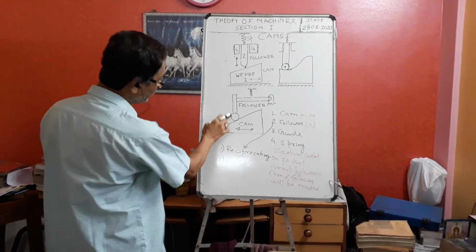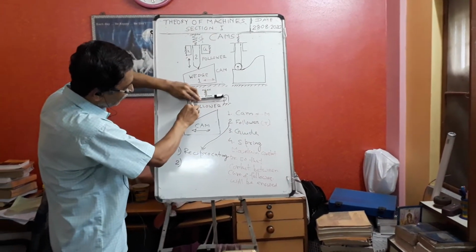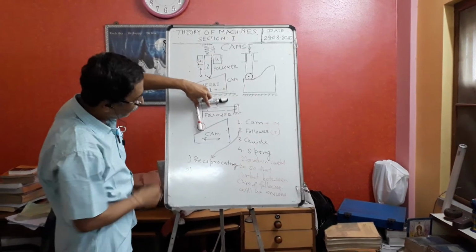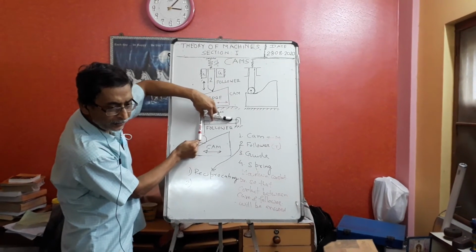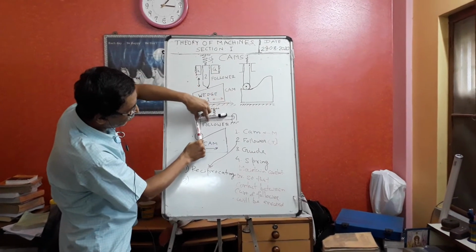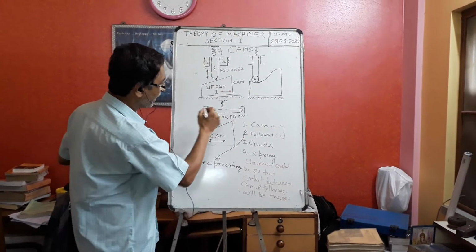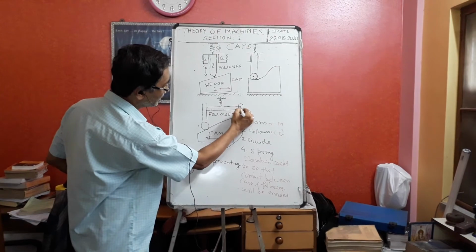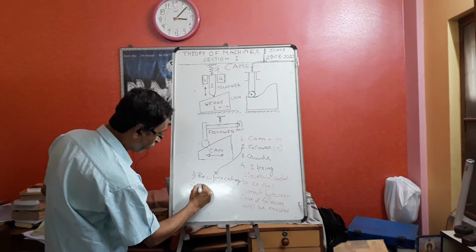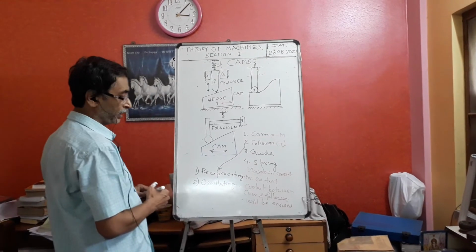No, I was saying this one. Okay. Suppose this one was the follower. So this is the follower. Now if this goes up, what will happen? It will go up because it is fixed here. Fixed here. So it will oscillate about this center. Where is it fixed? It is fixed here. That's why the total system will oscillate about this center. So this is the oscillation. I can make the follower an oscillating type also.